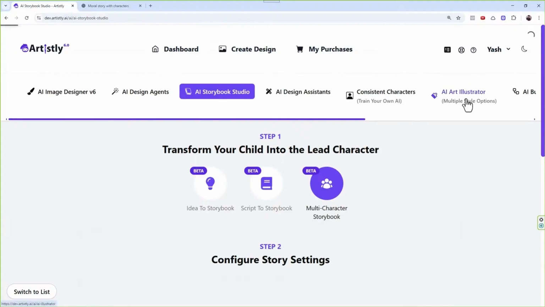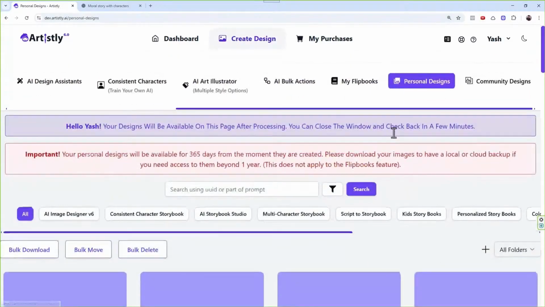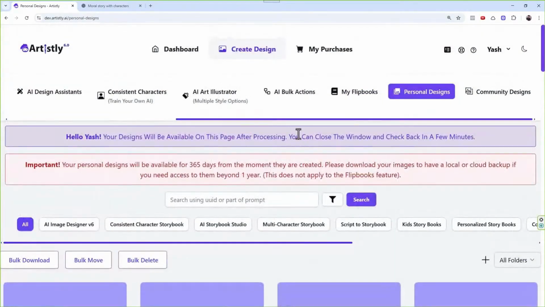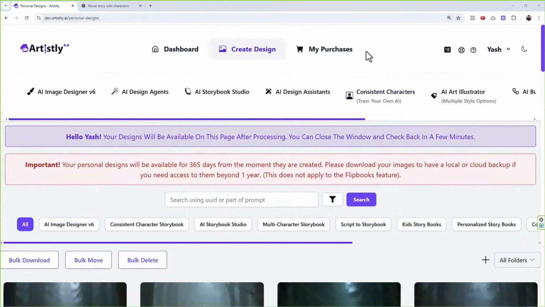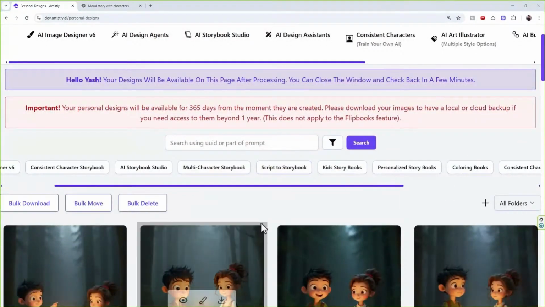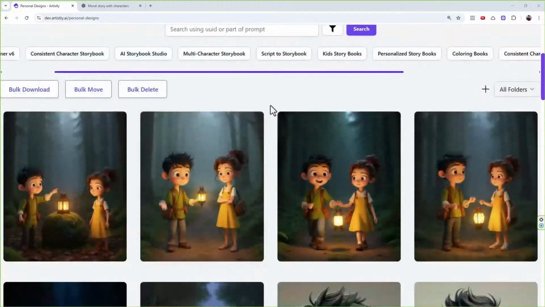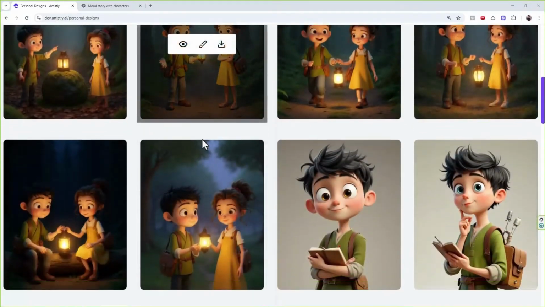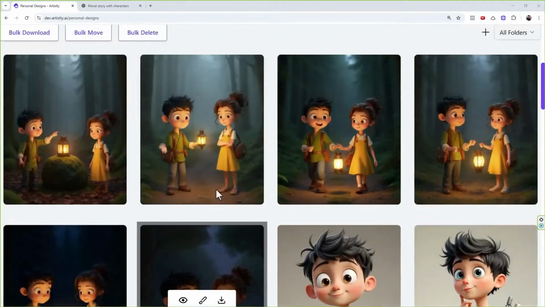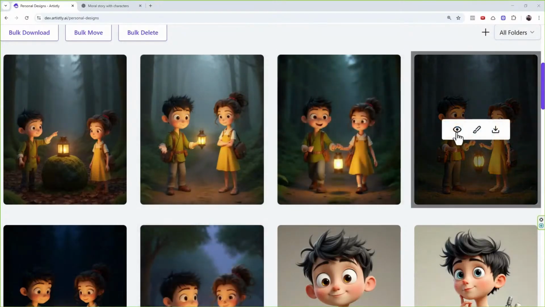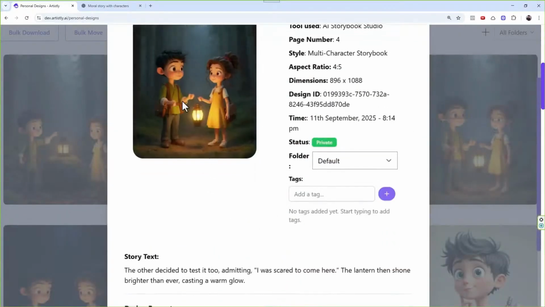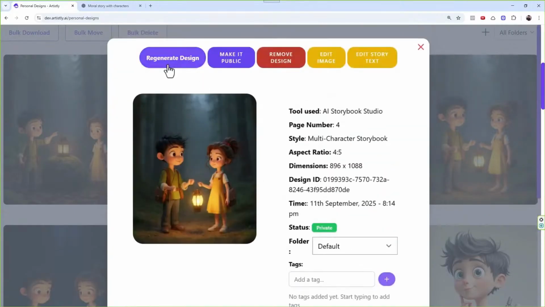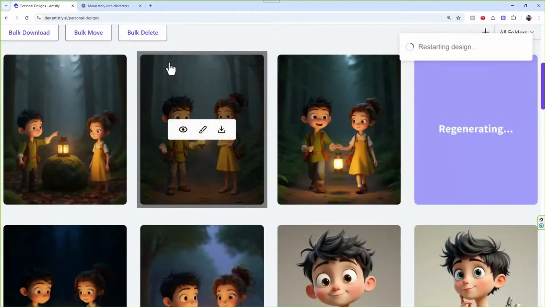And let's see, while we are discussing how many images are getting generated, let me refresh my screen. One second. All right, so look at those. How cool, how good these images are. Perfectly following my characters, my stories, and there you go. Some of them, I noticed this one is quite not right, like the hands and all that. Whatever it is, I'll just regenerate, as I told you guys.